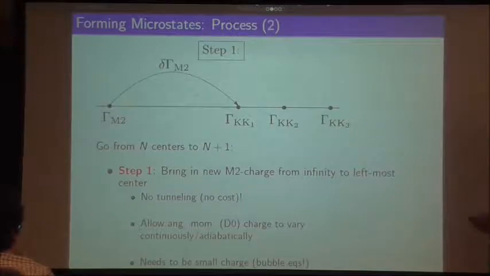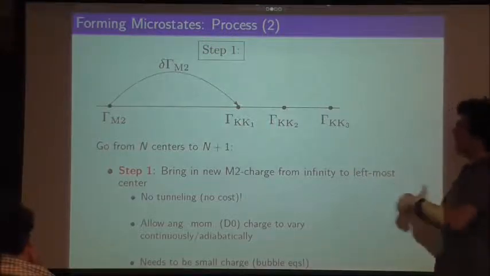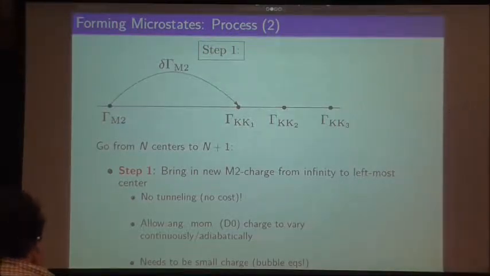So we have our n center solution on a line, that's this here, right? These are all just centers, and we can go on as much as you want. This is my background solution. And then I bring in the new charges. You can either view this as part of the collapse that's happening, more branes coming in to form the black hole, or you can imagine yourself sitting at infinity, slowly throwing branes part by part into the black hole microstate to do this process incrementally.